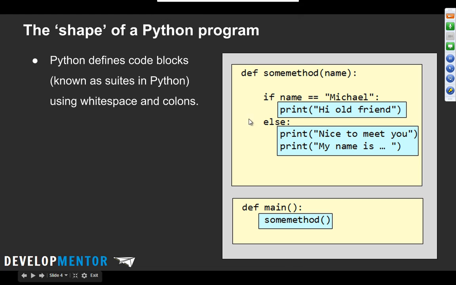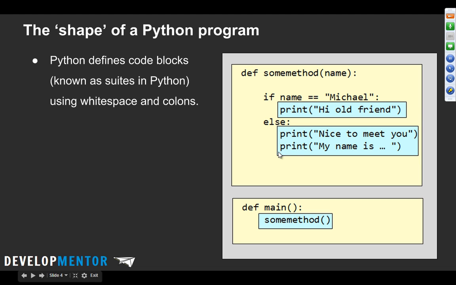So you can see each colored piece here is what's called a code suite or a block, right? Let's just stick with code block because that's where all the C# guys' minds are. The way you define these is you have a colon and then you have an indentation. And usually that's 4 spaces. The editors make this really easy. You just hit tab, it turns them to 4 spaces, things like that. But here's an else, right? You could write this code in C# above more or less.